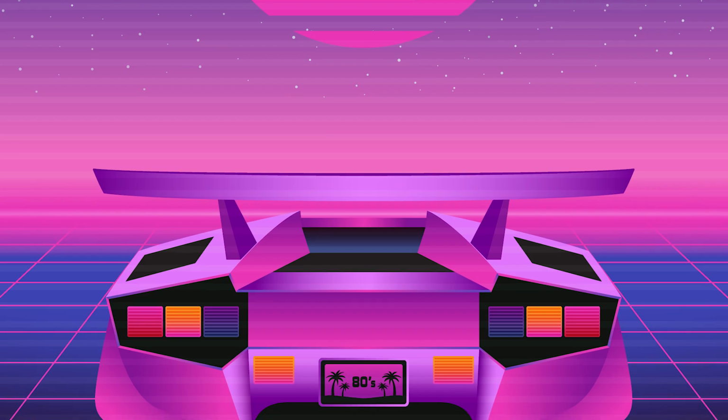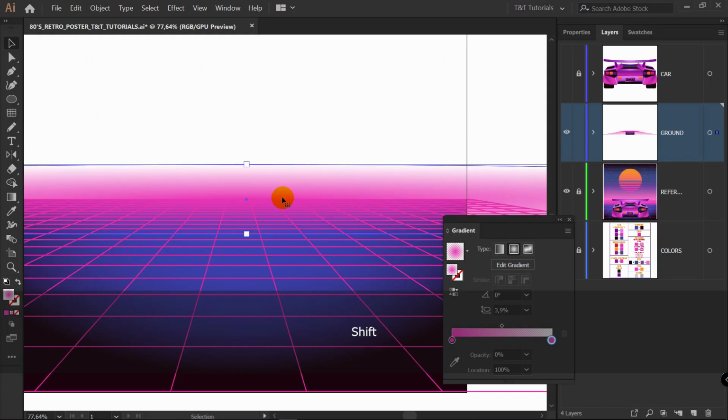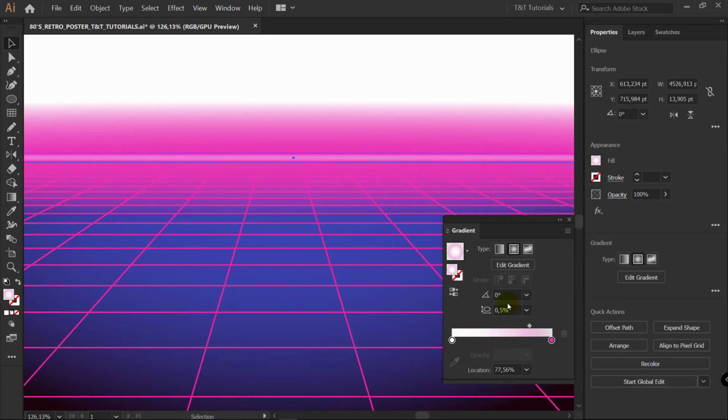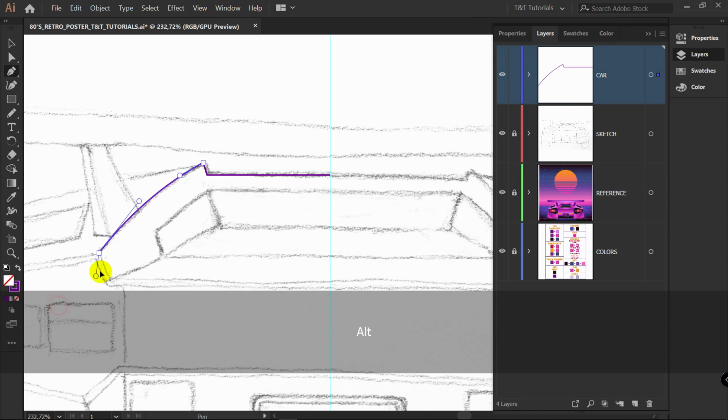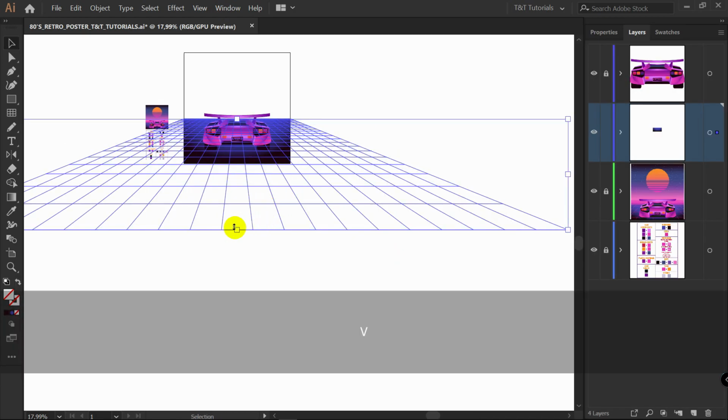In today's Adobe Illustrator tutorial, you will learn how to create 80s retro poster design with futuristic car. You will see how to use gradient tool to add volume to your artwork, make it rich and interesting. To create this old-school racing car, we'll basically use only pen tool and gradient tool. Then we'll use the same gradient tool to make ground and sky, we'll create grid with grid tool and perspective